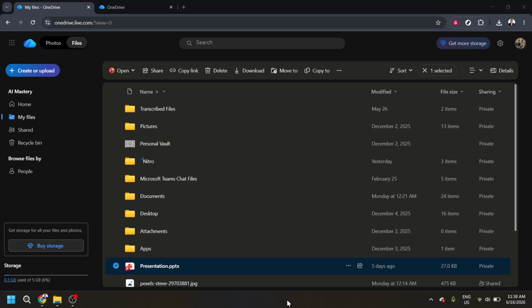So first things first, open up OneDrive in your browser and look up to the top right corner. You'll see a little gear icon. It's your Settings button. Go ahead and click on that. This is where all the behind-the-scenes stuff lives. I've been in these settings more times than I can count, and this is one of those hidden gems that